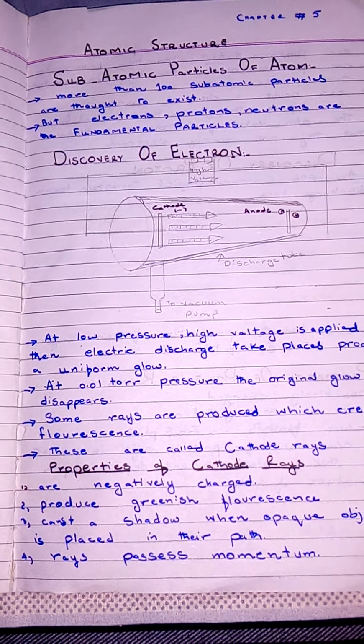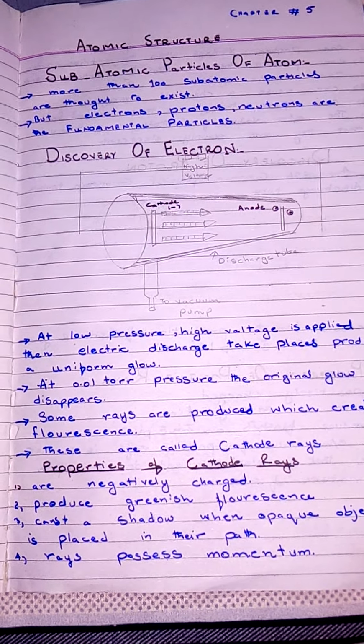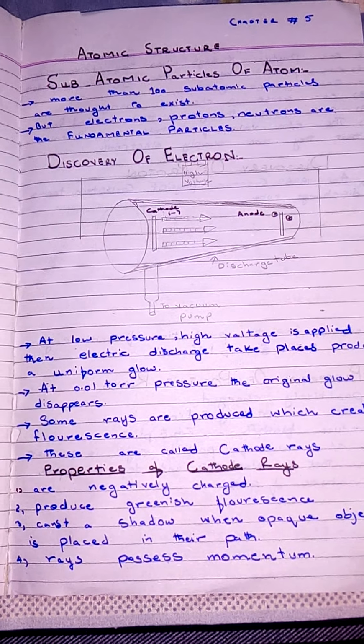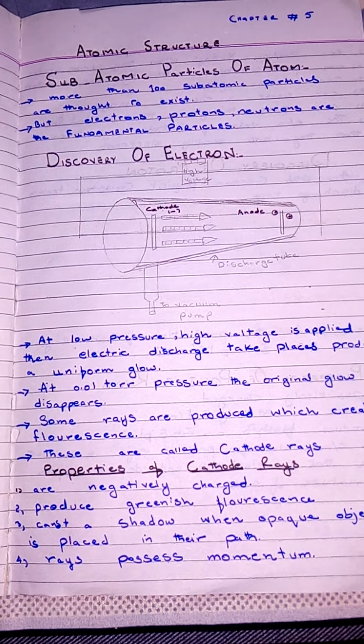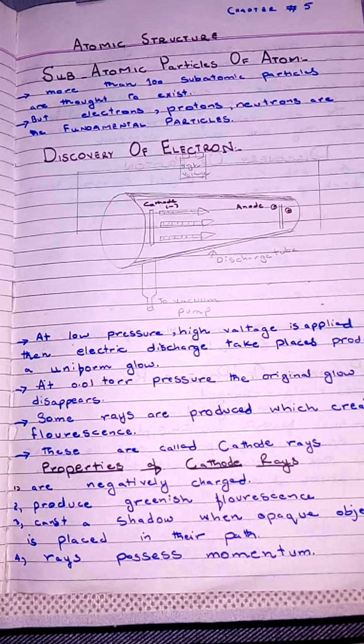Now we will discuss the discovery of electrons by William Crookes' experiment. In the late 19th century, William Crookes studied the passage of electric current through gases. For this purpose, he used a gas discharge tube. And the results of William Crookes' experiment were: